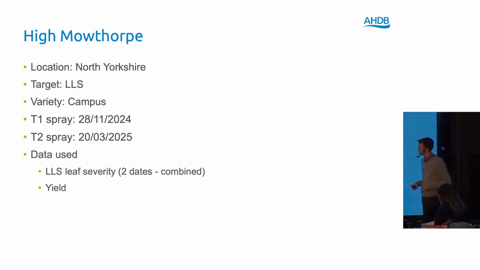Now, normally when we evaluate products for fungicide performance and how they respond to the light leaf spot, we're looking at evaluating them around 4 to 6 weeks after that T2 spray timing, because that's when we normally see the maximum level of efficacy of the fungicide applied. For this season, conditions in April just weren't conducive for light leaf spot sporulation. They were quite dry and quite cool up in North Yorkshire, below 10 degrees on average. And light leaf spot normally likes temperatures around 15, 16 degrees as its optimum to get sporulating and get moving. So it wasn't until we got into May, over the flowering period, that